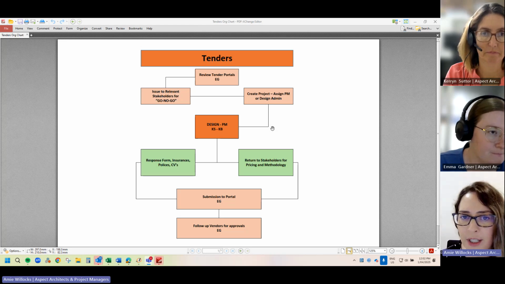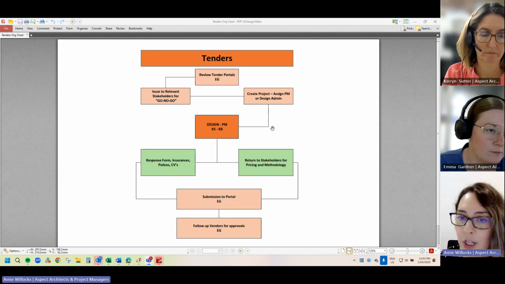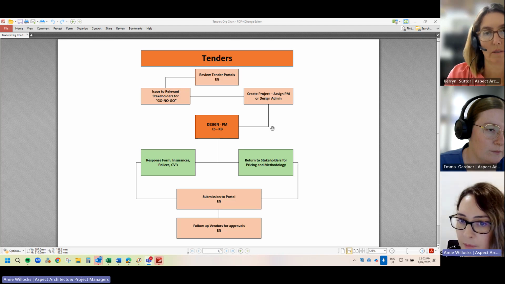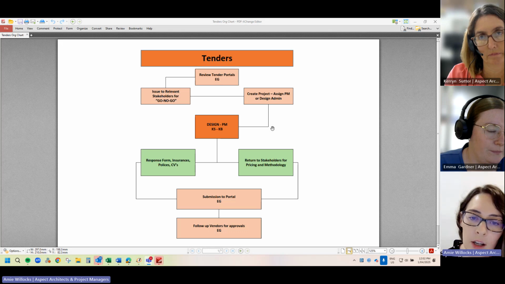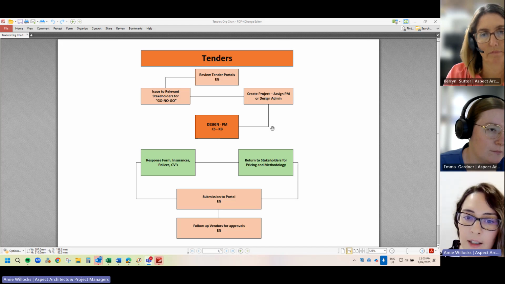So I've got to review the tender portals. I've got Emma. She'll then issue to relevant stakeholders for a go, no go to be confirmed. Then she will create, once confirmed, a project and assign it to either the PM or design admin to assist in documentation. So that comes down to the design being you, Karen, and PM being Keely, which then separates to